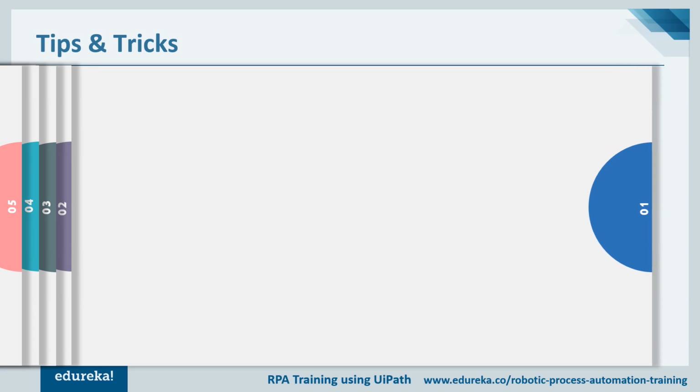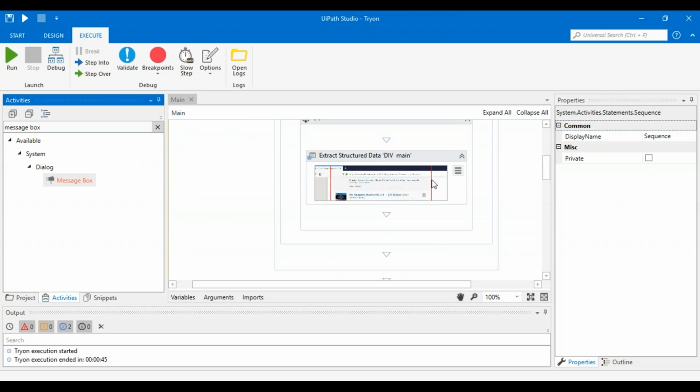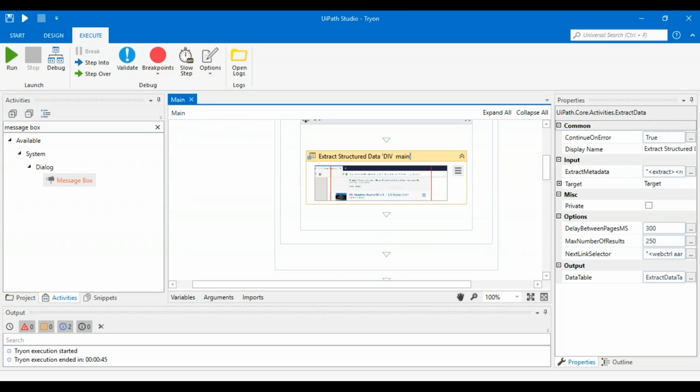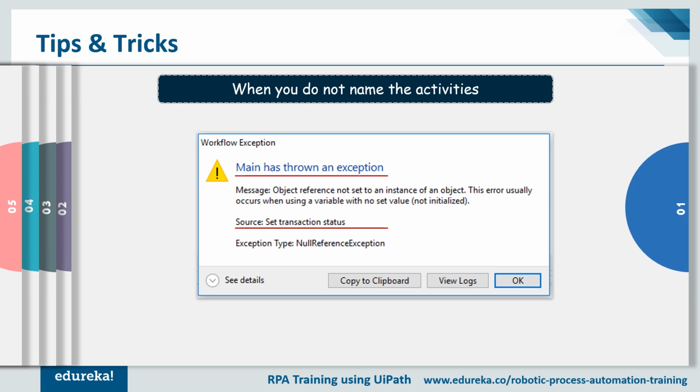The first thing that comes up is when you do not name the activities. When I open my UiPath, we've dragged and dropped so many activities, right? But yet we haven't named any of them. We just drag and drop them. So it's always advised to name these activities, because if you do not name any activities, then you would see